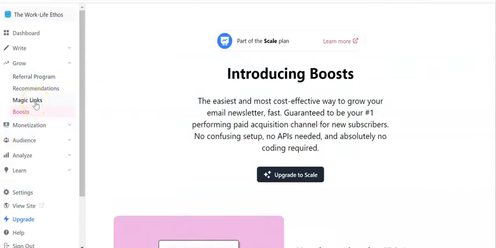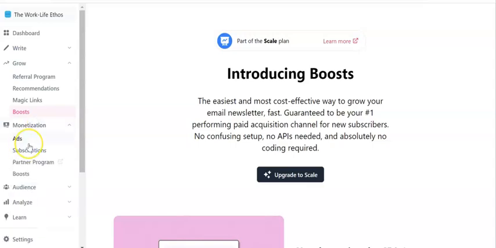So magic links for anybody who's not on Beehiiv is essentially the same way of helping to grow. You just need to be able to track it yourself and things like that. Referral program, they can get access to all of that and then continue growing. They'd be able to get the monetization by promoting other crypto newsletters, and on top of that as well, they